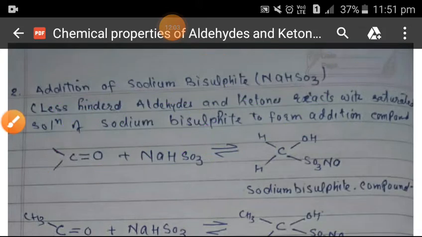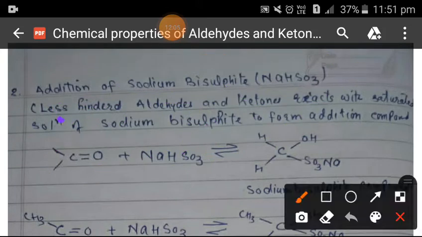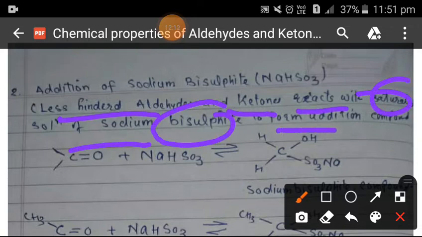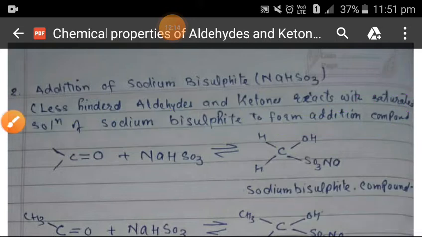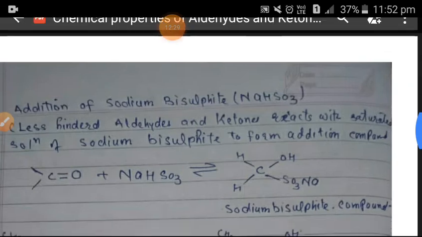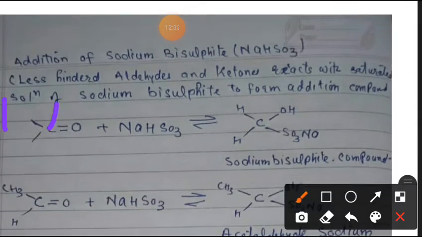So it is a necessary condition that less hindered aldehydes and ketones react with a saturated solution of sodium bisulfite to form an addition compound. The compound must be less hindered so that the nucleophile can easily approach this carbon. Let us see here, if we take some bulky alkyl group, for example,